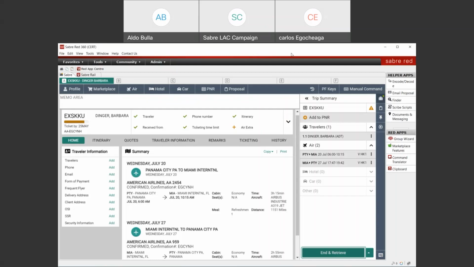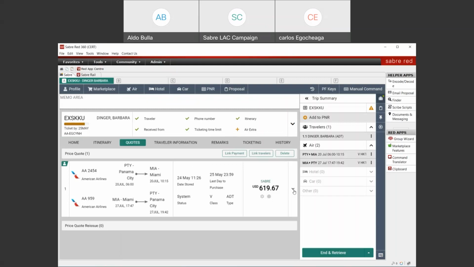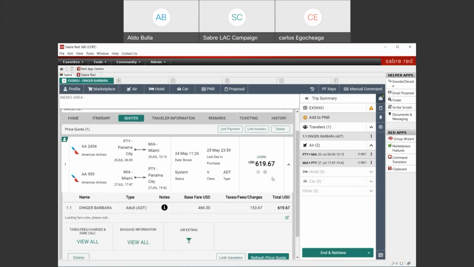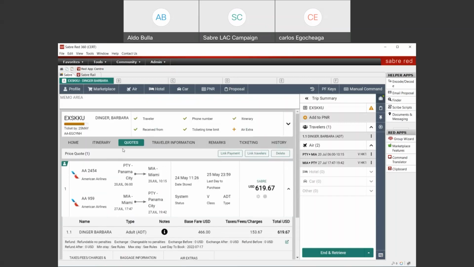She is asking, is there somewhere where I can see the ancillary charges? So if I want an extra baggage, or a pet charge, or unaccompanied minor, for example, where can I find that information? Ancillaries, basically. Right. If you go here to quotes,